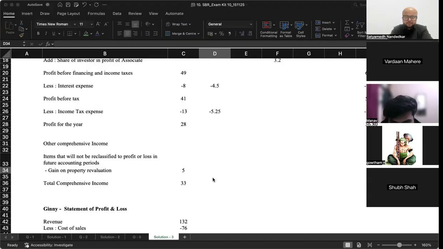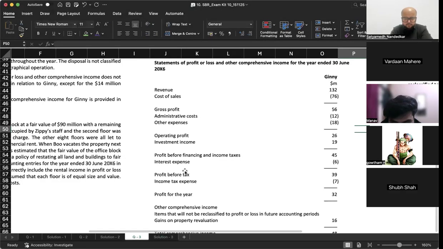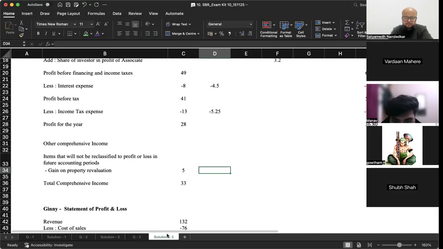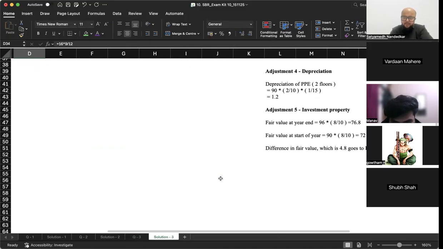Sir, we'll only take Zippy company's other comprehensive income. एंड इसका 16 × 9/12, वो भी तो करना पड़ेगा, है ना? 16 × 9/12 प्लस